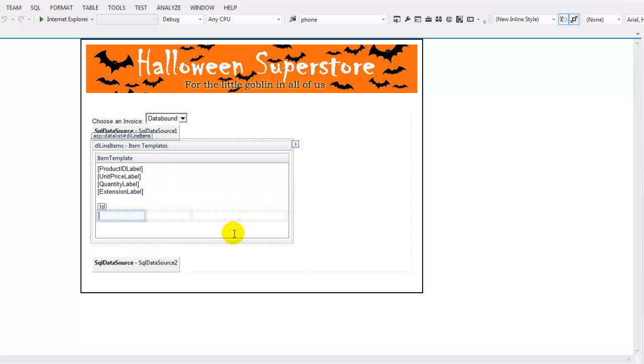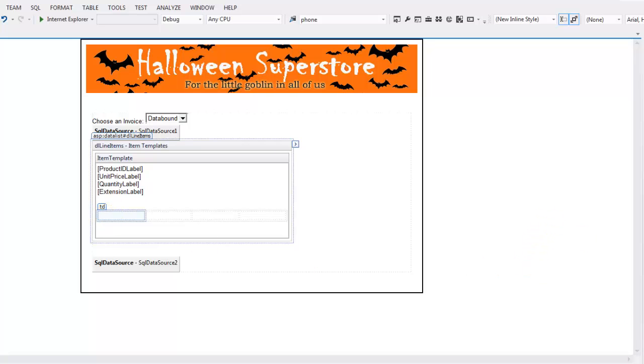And they said that they would like the width of each column to be 100 pixels and then right align the second, third, and fourth columns. And then they give you a little hint that says to do that you can create styles. So what we're going to do is I'm going to actually create a left style and a right style for these three. So the left style, if I click in this little cell here,